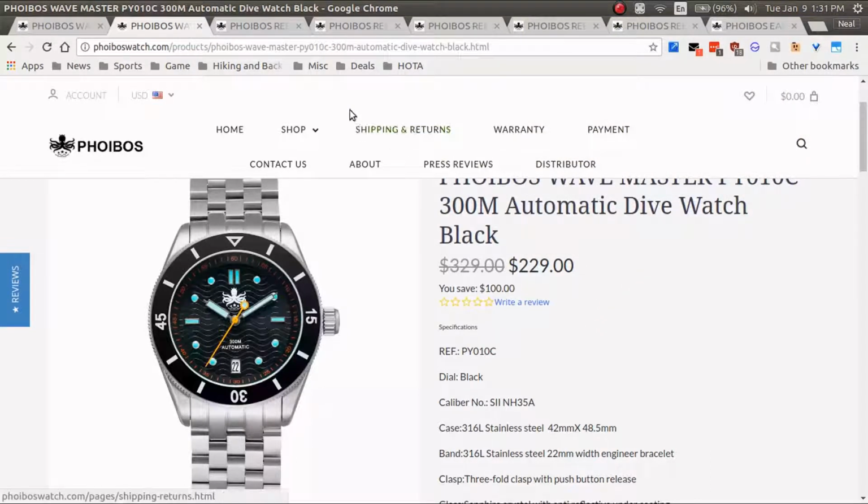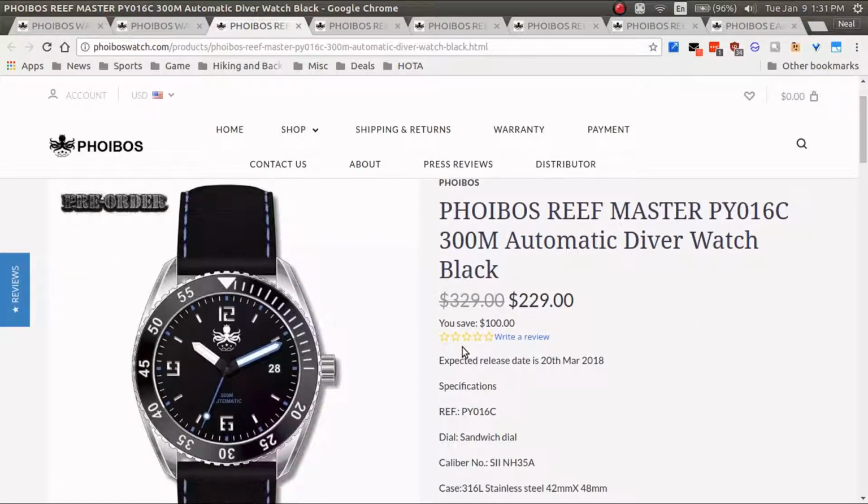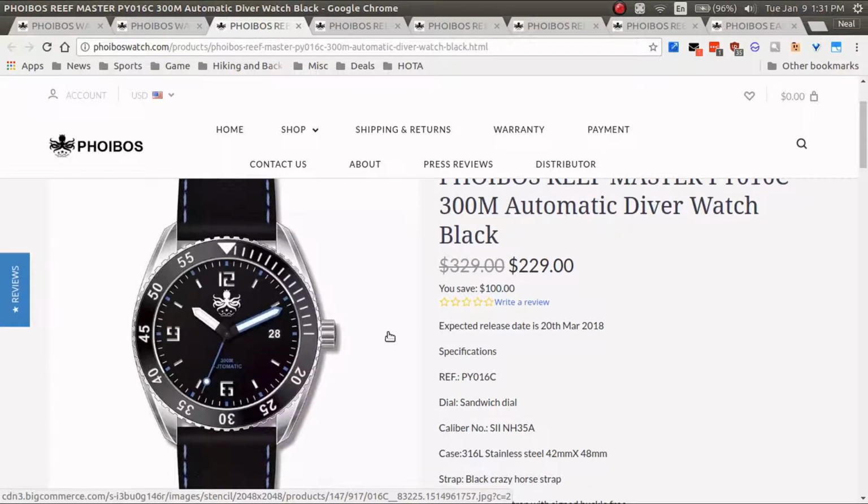But what I want to talk about today is the two new watches that will be coming out over the next, say, 4 or 5 months. You've got the Reef Master, and you've also got the Eagle Ray. So let me go ahead and switch over to those. First up, let's talk about the Reef Master. Here's a picture of the design, and we've got 1, 2, 3, 4, 5 different variants of the Reef Master we'll look at. But this is the one that I think is kind of like the standard, and that is the